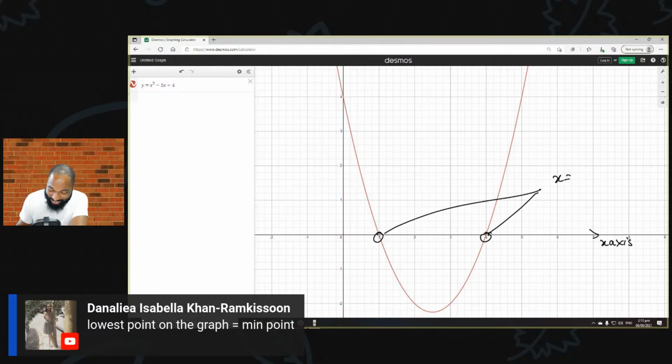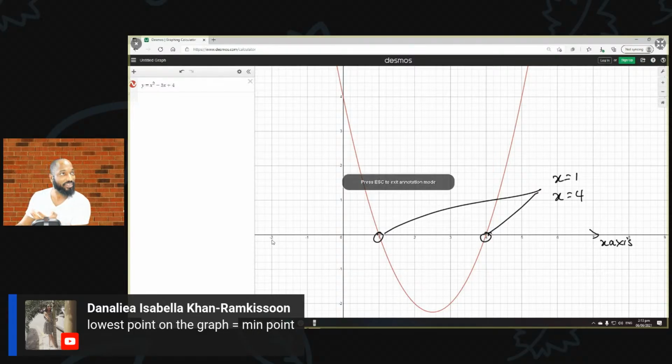Anyhow, so x is equal to 1, x is equal to 4. Those are the roots of the equation. Those are very important points. If you plan on understanding quadratics and doing good in quadratics and CXC, you need to be able to